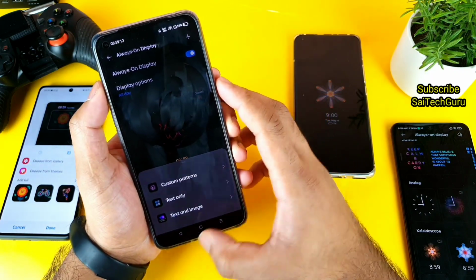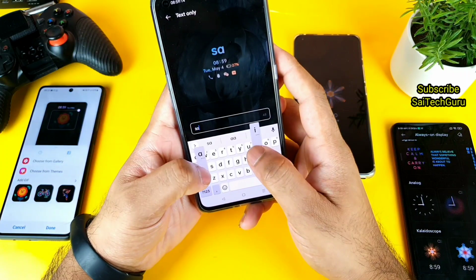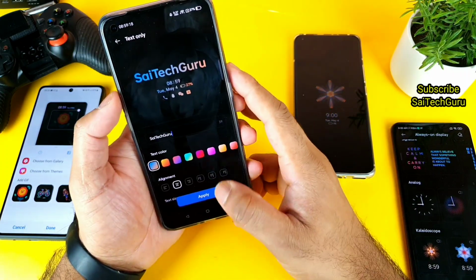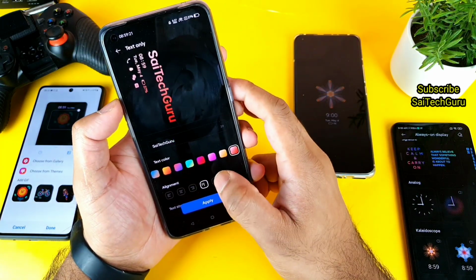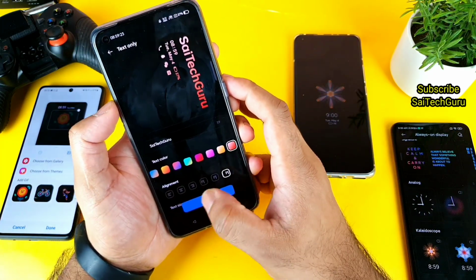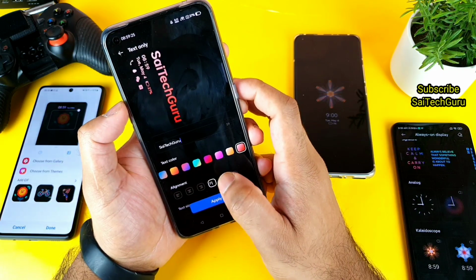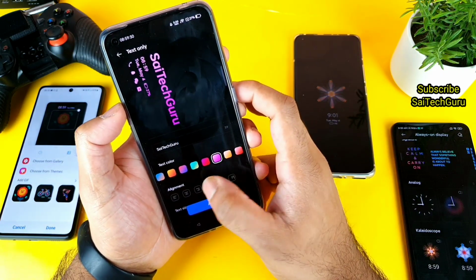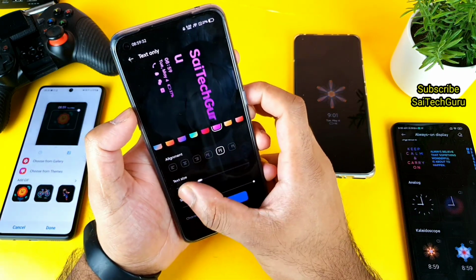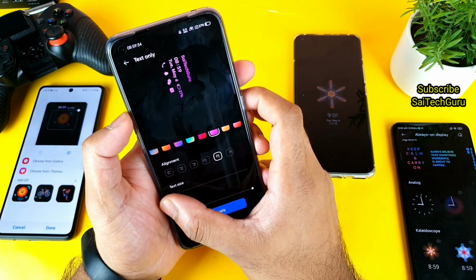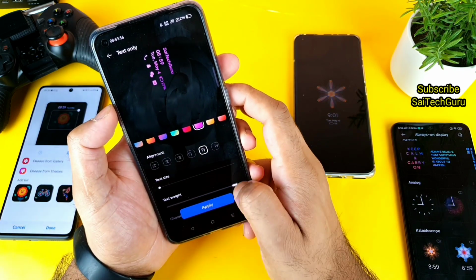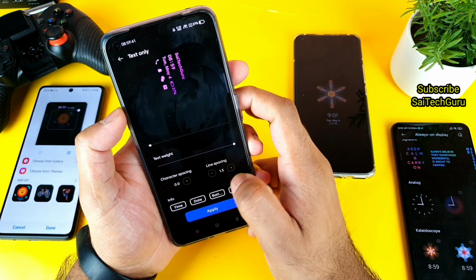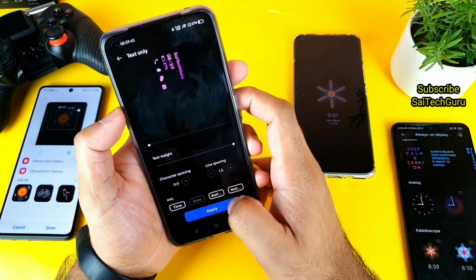Next is the text only. You can create your own text. Just write Site Guru, as you can see friends. You can write your own text, and you can change the color how you want. You can change the order as well, where you want it to be. So in one single column you will have n number of possibilities with the different colors how you wanted, and text size how much you want, text width how much you want, as you can see, and the line spacing, how much line spacing you want, and info, what are the things you want to display.